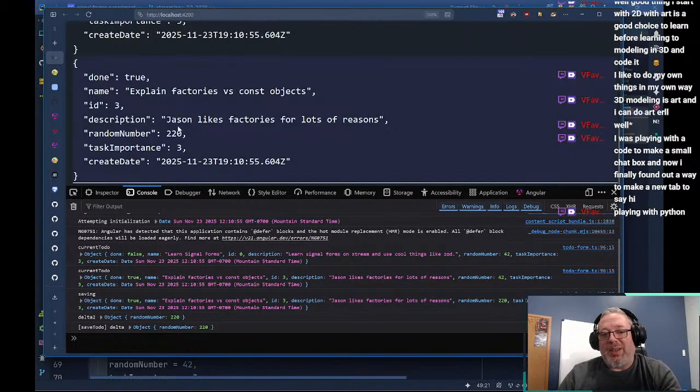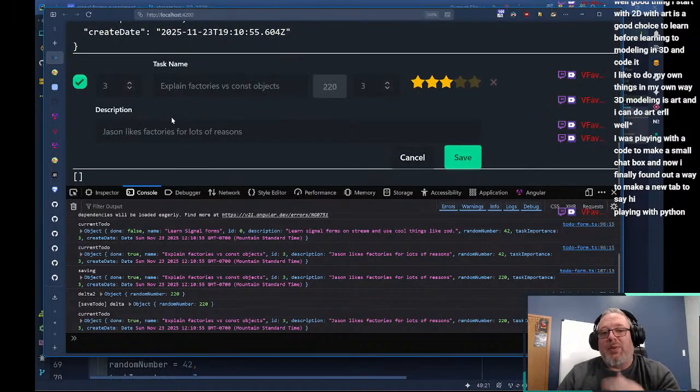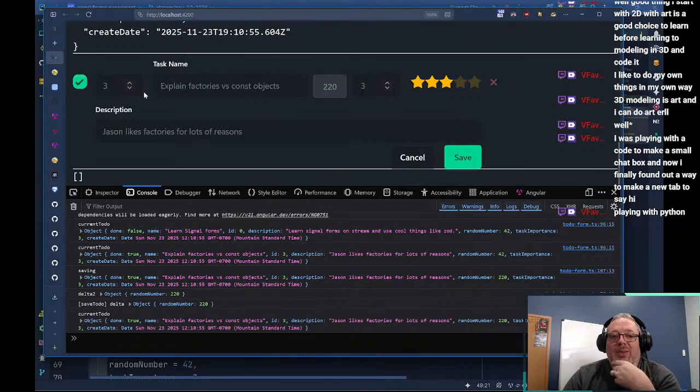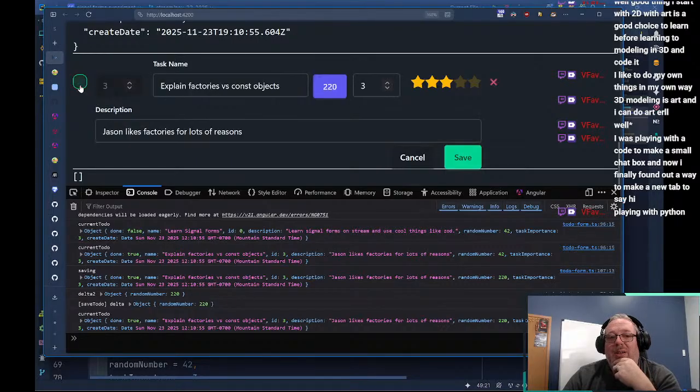Yeah, it's going to set that. In that case where we create a new item, we're going to want the ID. Well, we may not want it editable there either. We may just want to pick like the highest ID and use that. We'll see what we do.